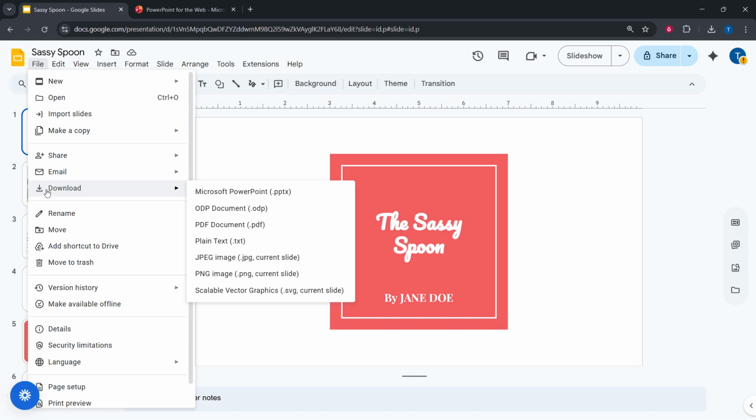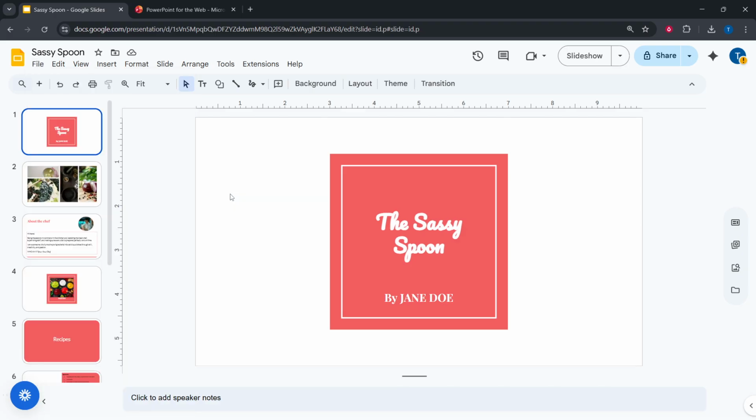This will reveal a drop-down menu with several options, including the one we're interested in, Download. Once you hover over or click Download, you'll see a list of formats you can choose from to download your presentation. Among these options, you'll find Microsoft PowerPoint .pptx. Click on this option. What happens next is your browser will start downloading your presentation in the .pptx format, so keep an eye on